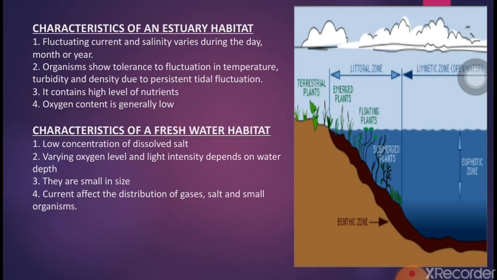Then we have the characteristics of an estuary. The current fluctuates and salinity varies during the day, month, or year. It contains a high level of nutrients, and the oxygen content is generally low. Why? Because of consistent movements of tides coming from the fresh water and from the marine water. And look at the characteristics of a freshwater habitat. It has low concentration